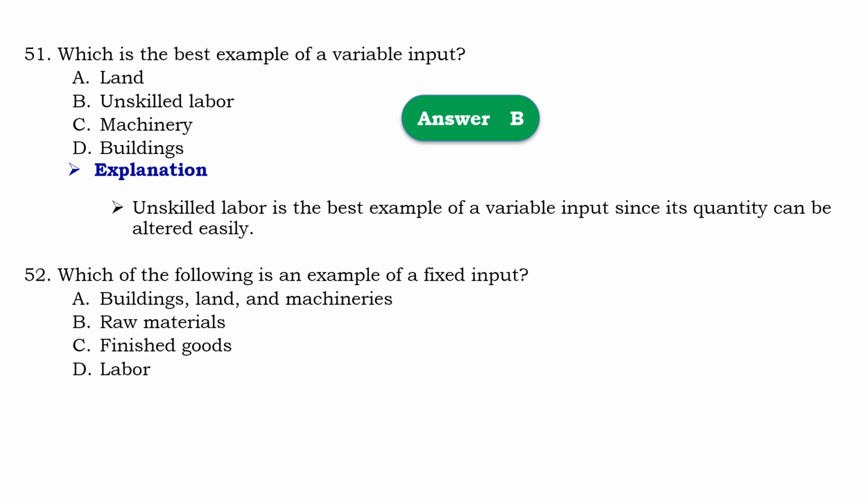So that should be A, building, land and machinery means